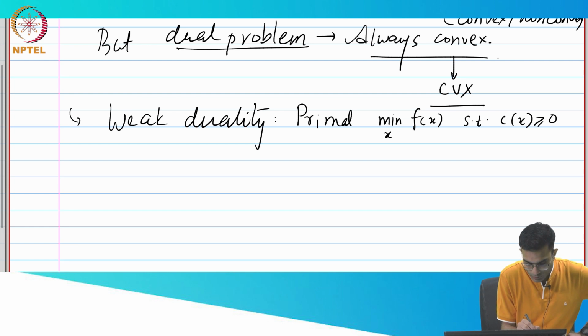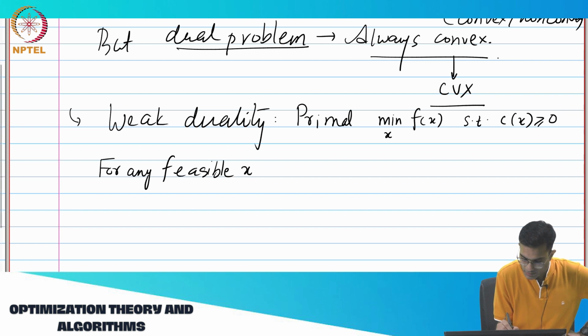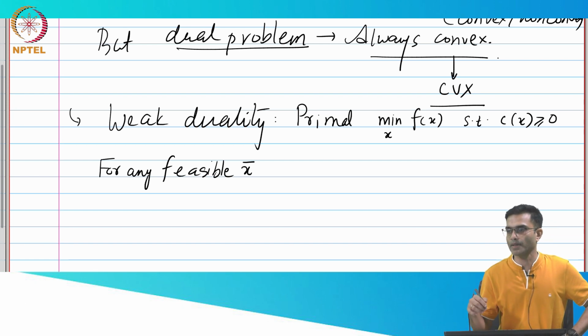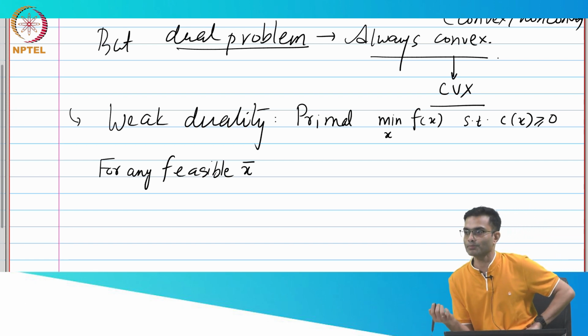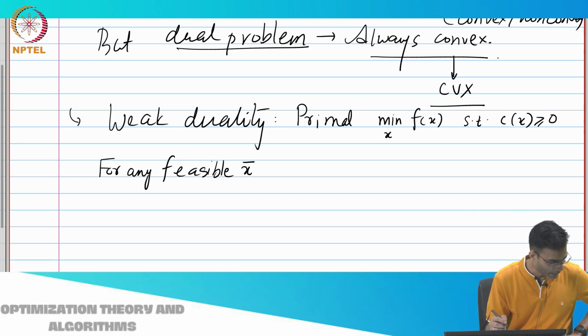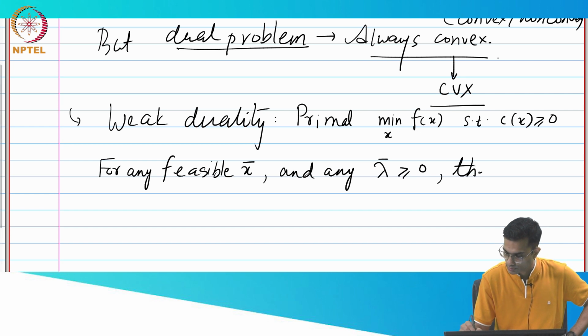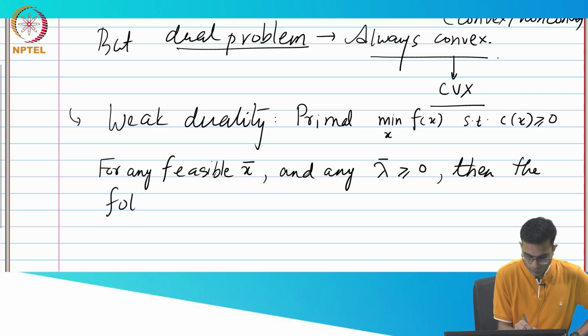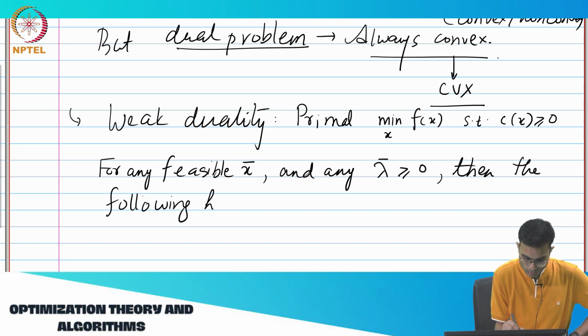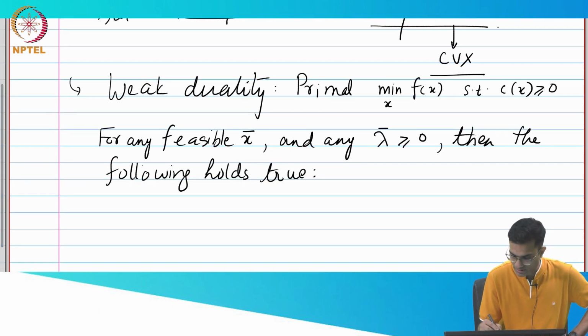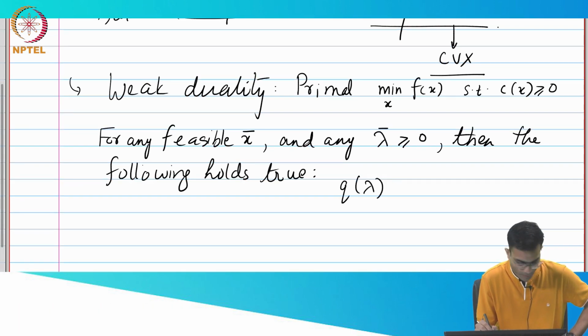Okay. So let's take any feasible x bar. Feasible x bar just means it's any regular point in the domain of the constraint set. It need not be the best x. So any feasible x, and any lambda bar greater than or equal to 0, then the following holds. I'm going to note one statement which we will prove. Q of lambda bar